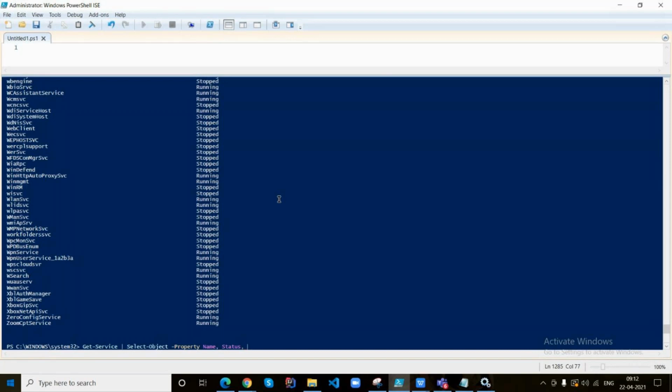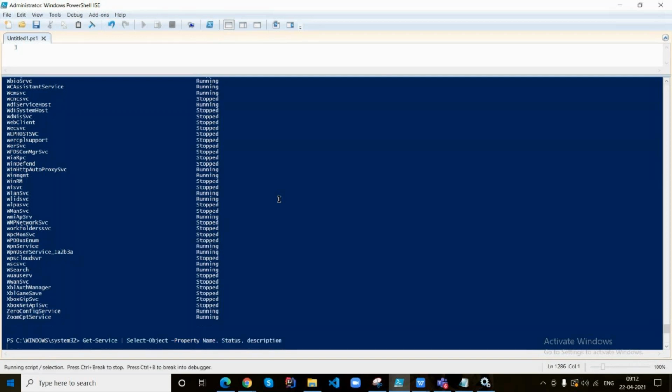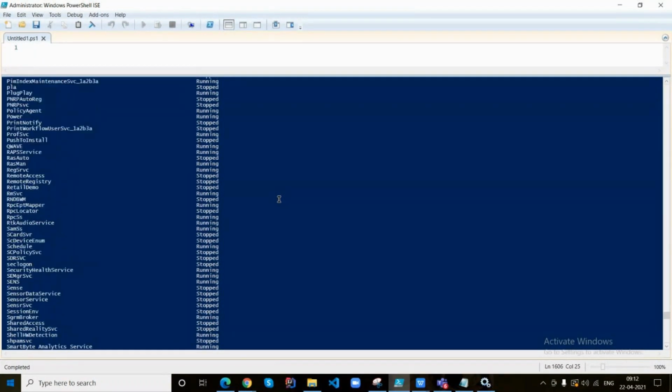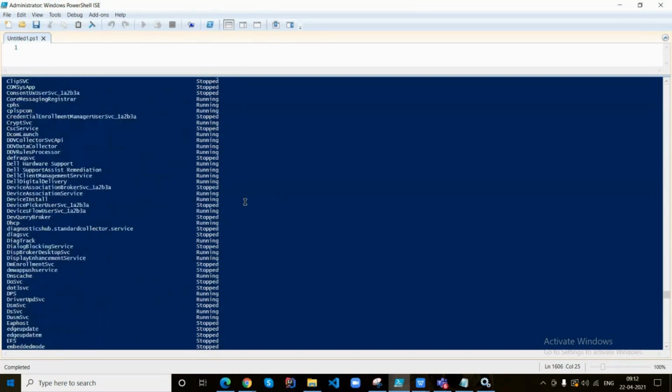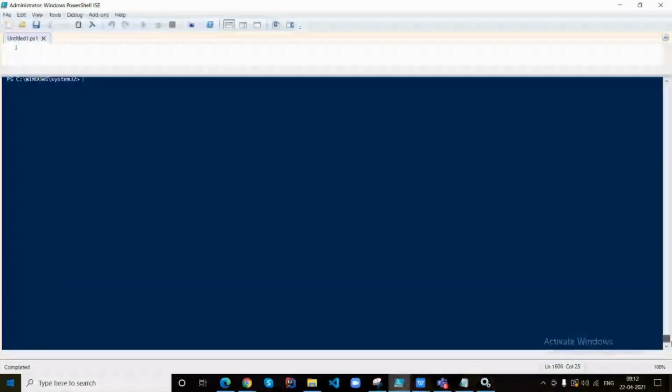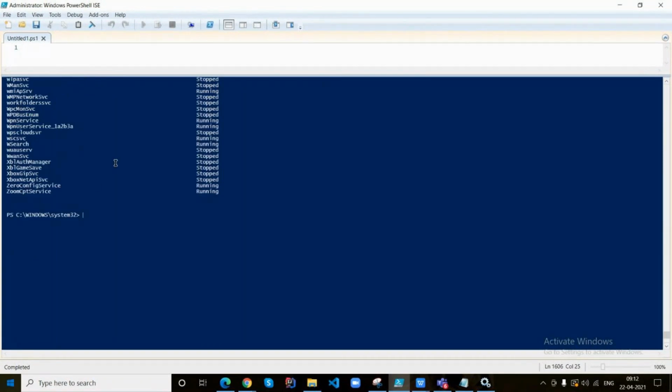With the basic commandlet you are not getting the description information, so it's not coming there. Okay, now we'll do one thing. Get the information for a particular service only. Now you can give display name there instead of description.